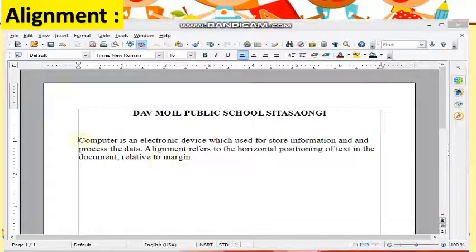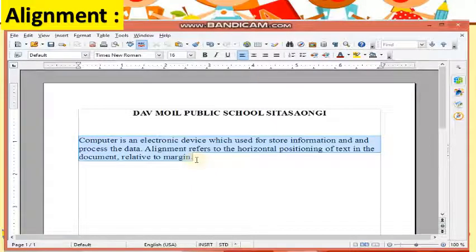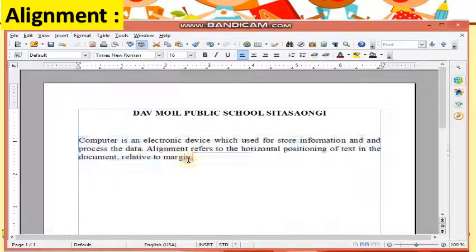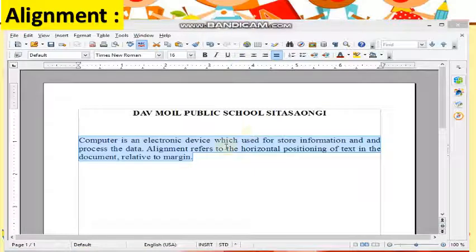To apply it, first select this text, select this line, then go to Format and select the justify alignment. You can see it adjusting the space between the words and characters in each line. So in this way we see the alignments.